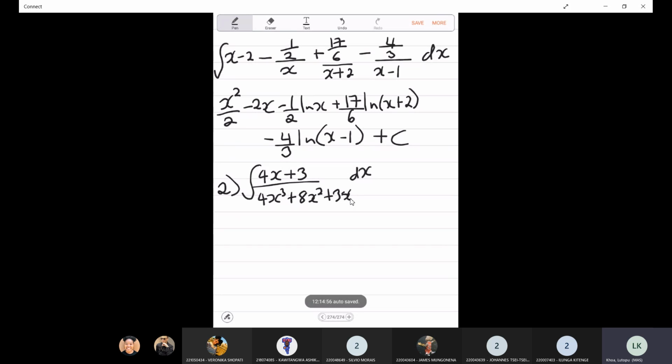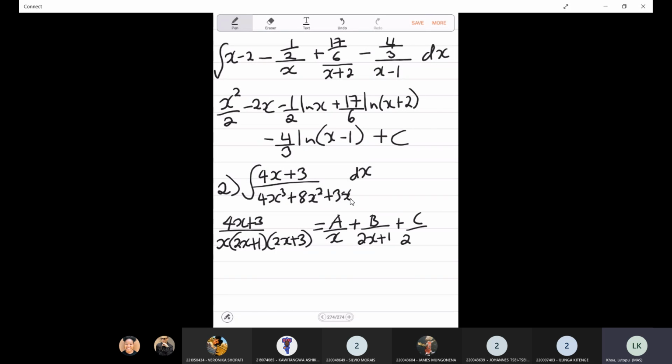you have left. So what we have is 4x plus 3 over x, 2x plus 1, and then 2x plus 3 when you factorize it. Then we break this down, a over x, b over 2x plus 1, and c over 2x plus 3. Then